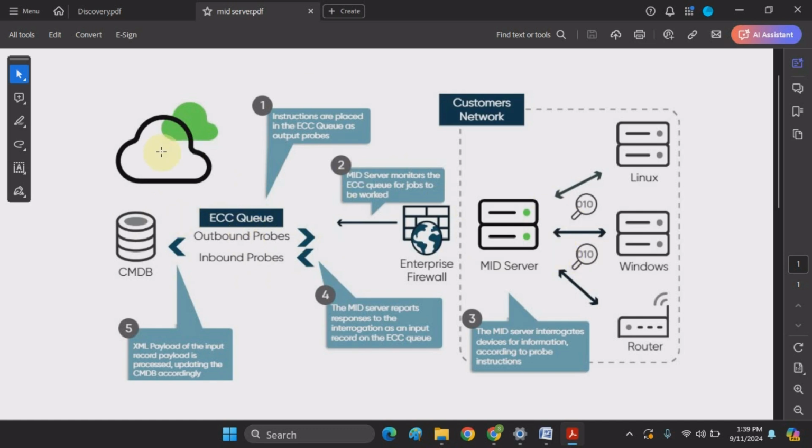They get the instructions from the ECC queue. The mid server monitors the ECC queue for jobs to be worked, if there are any outbound probes. The mid server gets the job from the ECC queue